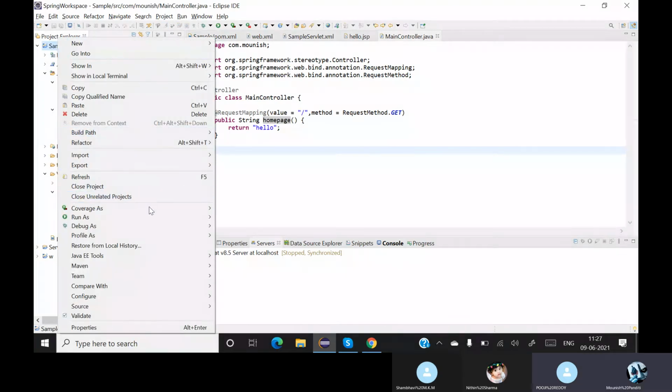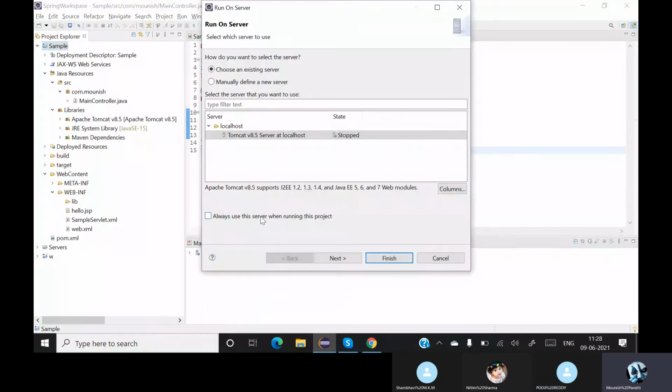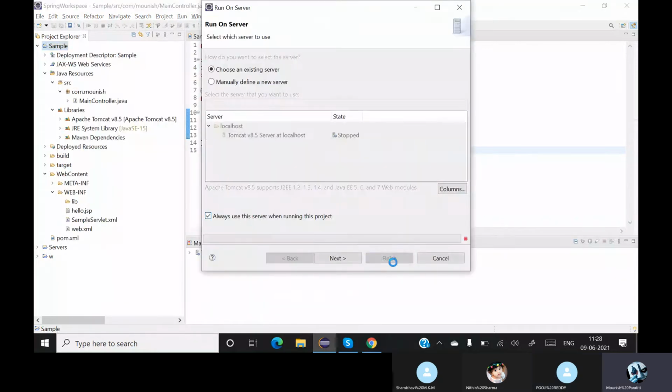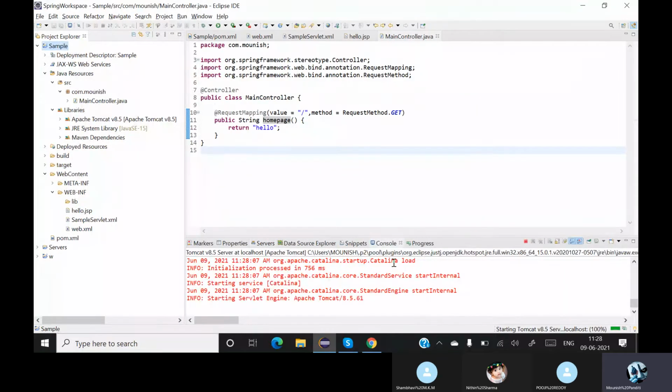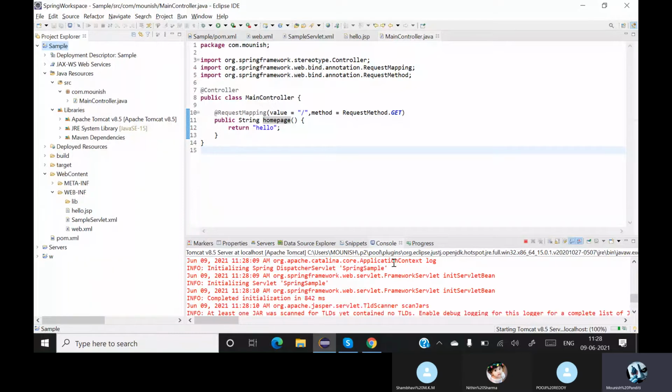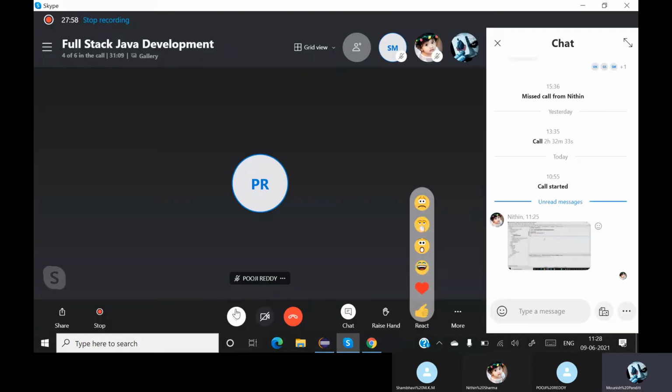Now let me run this once on the server. So I want to always run this on the server. Okay, it is giving me an error. The error is source sample. Okay, just a minute, guys.